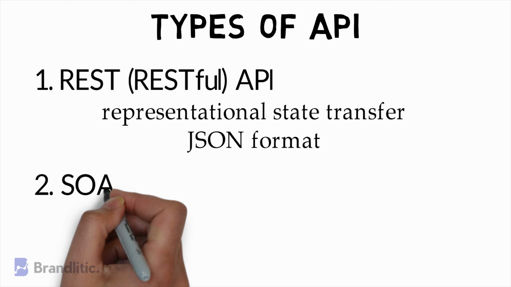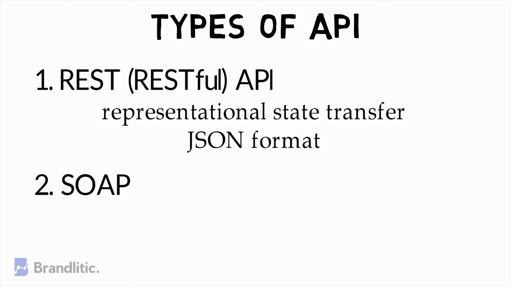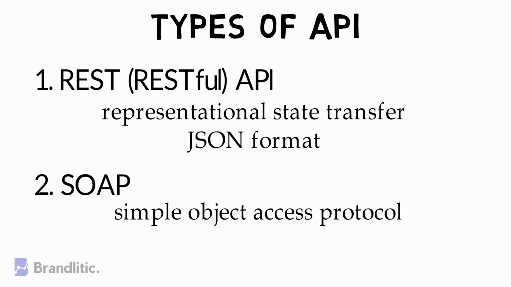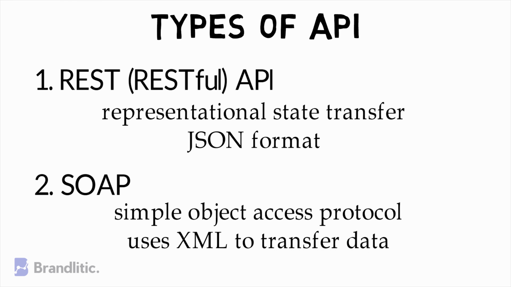Number 2. SOAP. It stands for Simple Object Access Protocol. This API has been around since 1990s and uses XML to transfer data. It requires strict rules and advanced security that require more bandwidth on your end as well. This protocol does not have the ability to cache and has strict communication and needs every piece of information about the interaction before any calls are even processed.